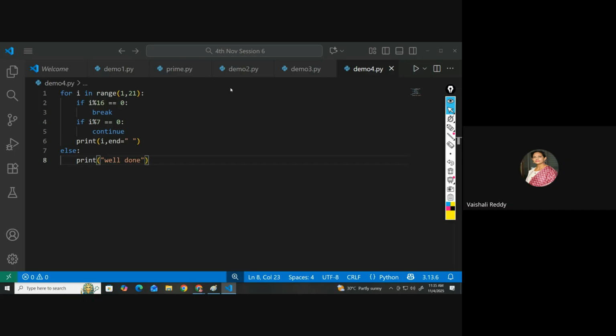So I can see Rajat has responded 1, 2, 3, 4, 5, 6, 7 is missing. 8, 9, 10, 11, 12, 13, 14 is missing. 15, 16. 16 के बारे में क्या ख्याल है रजत? क्या लिखा है कंडीशन देखो. If i mod 16 equals to 0, it will say break. अगर ब्रेक हो गया तो प्रिंट आई पे जाएगा क्या रजत? हाँ तो 16 नहीं प्रिंट होगा।